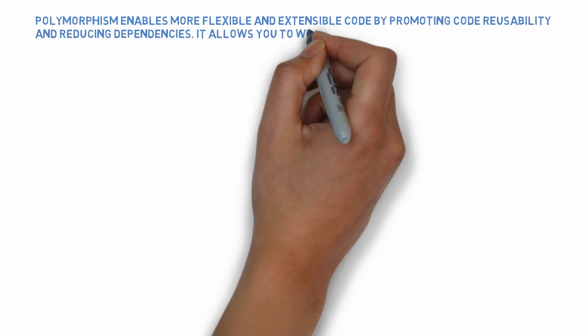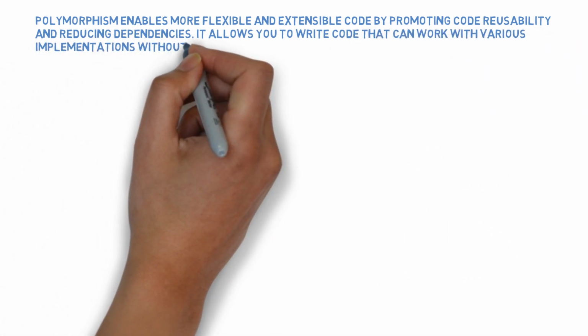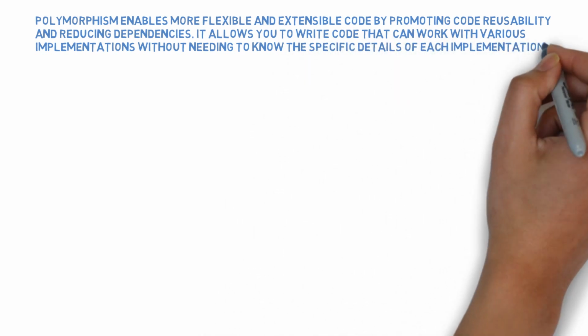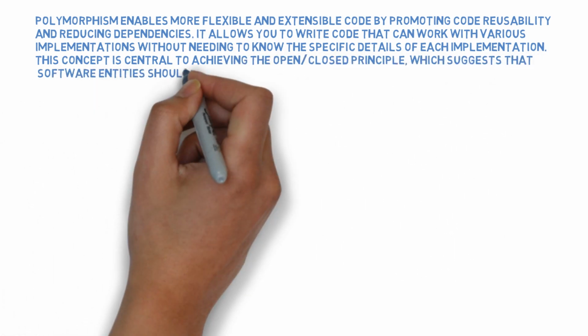Polymorphism enables more flexible and extensible code by promoting code reusability and reducing dependencies. It allows you to write code that can work with various implementations without needing to know the specific details of each implementation. This concept is central to achieving the open/closed